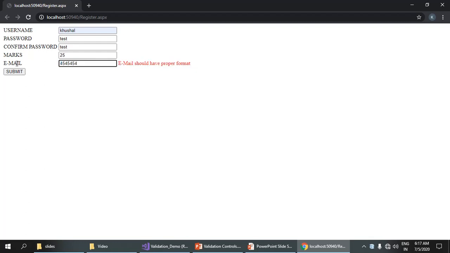Now I'm going to enter the right email ID, suppose. Right, the error message is removed. Now you can test it further, right? It should have a proper format. It should be valid.